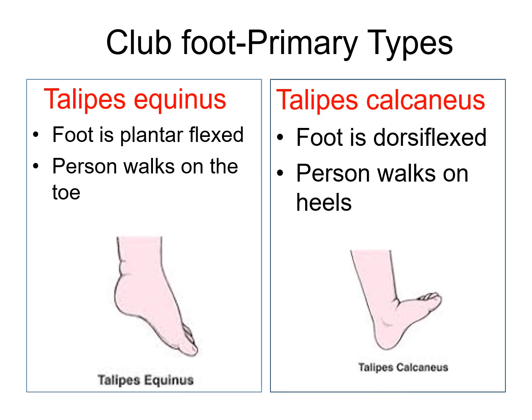The first one is talipes equinus. In this, the foot is fixed in a plantar flexed position and the toes are directed to the ground. The affected individual practically runs using the forepart of the feet, similar to a horse, and that's why it is called talipes equinus. The second variety is talipes calcaneus. In this, the heel is on the ground and the toes remain upturned because the foot is fixed in a dorsiflexed position at the ankle joint.